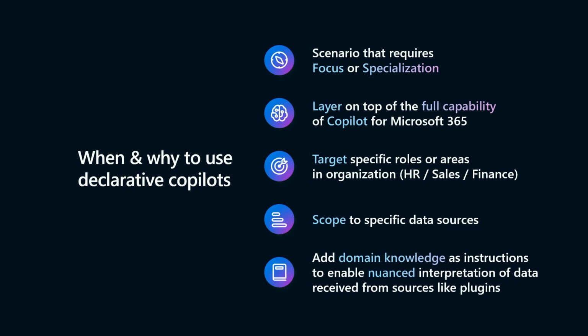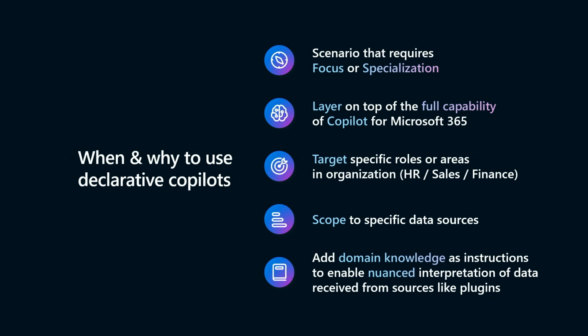Here's a point I actually want to focus on myself. A plugin gives you data, for example, it might be a JSON response through an API, or you're looking at a database and getting structured data. Sometimes you need to add nuance or domain understanding of how to interpret that data. That's not possible just through a plugin because you're getting raw data. So you add that nuance into your declarative custom instruction, saying, hey, when I read this type of data, this is what it means. That's one of the powers of declarative Copilot that you can enable.